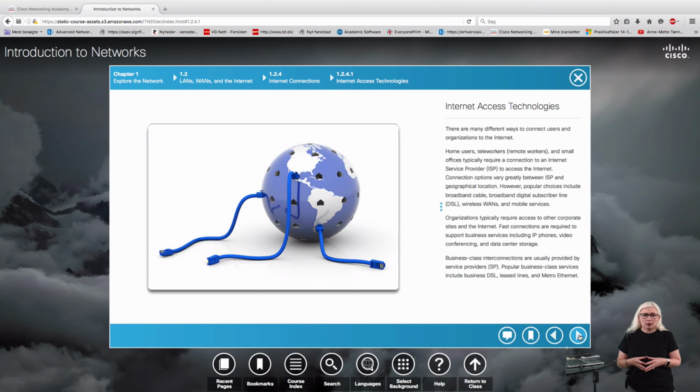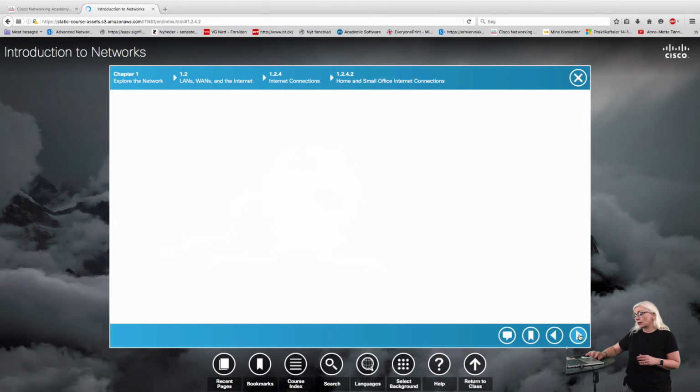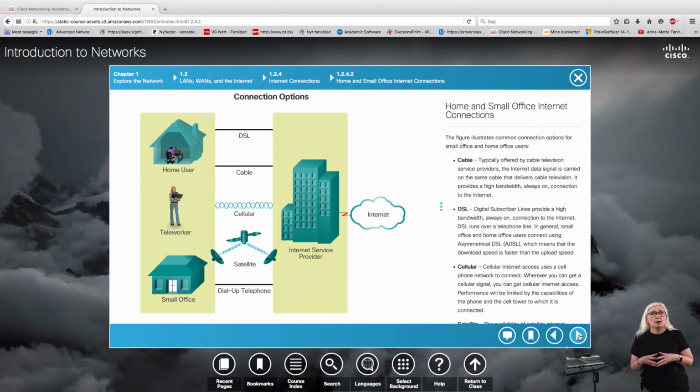So how can we get access to the internet? Well, there are different internet access options, also of course depending on where in the world you are living. If you look at your home or small offices, we can have some kind of DSL connection, or some kind of cable connection, typically using the television cables that are already there, and we can use that for the purpose of the internet connection.